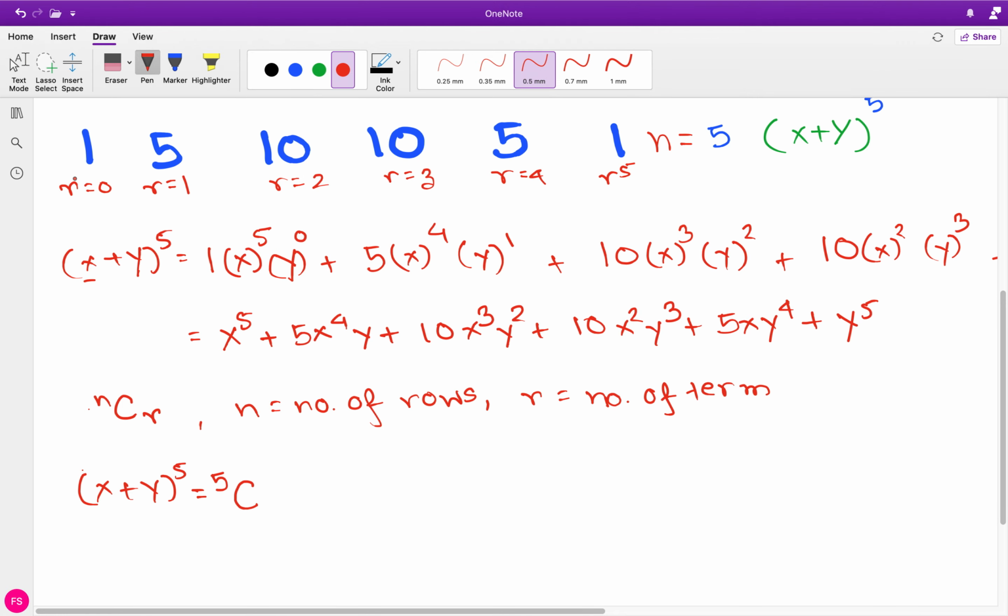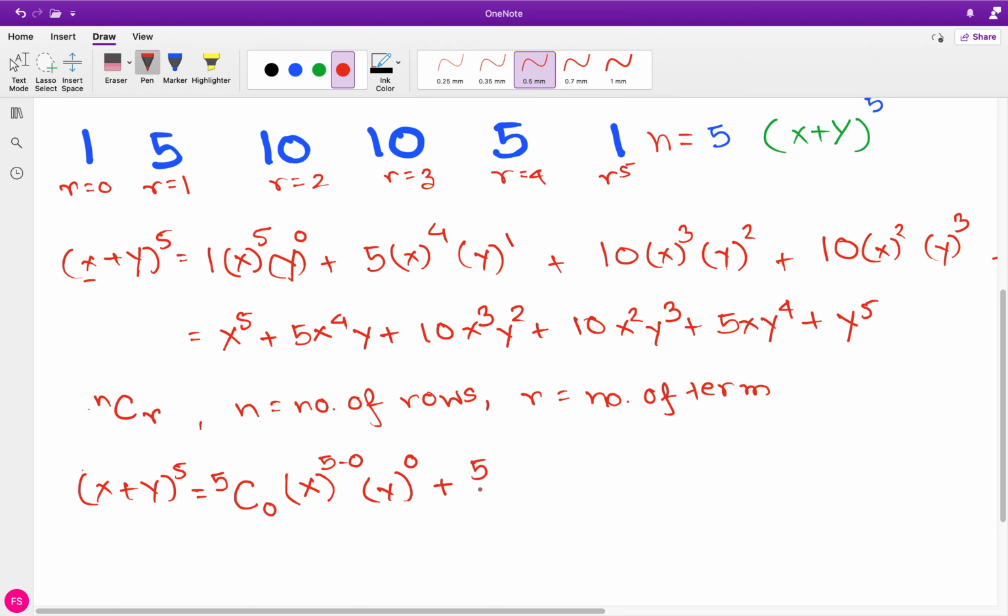So the question is, how can you find these numbers by using a calculator? You just need to write it in this form. So for the first term, it's 5C0. And then you take the first term x and you subtract n minus r. So that's going to give me 5 minus 0. For the second term, I just take this value, the r only. So y to the power of 0 plus